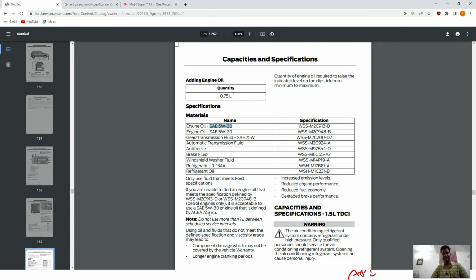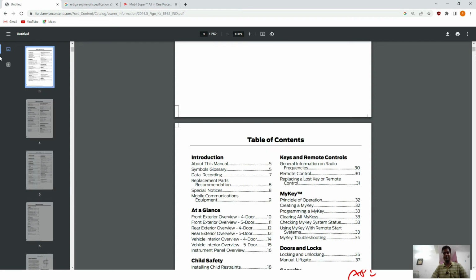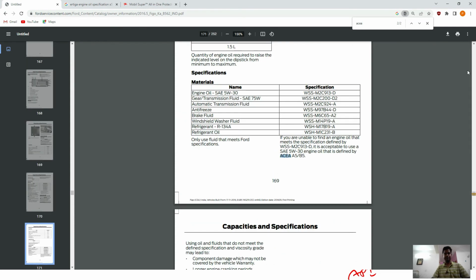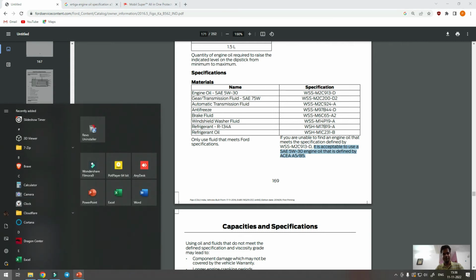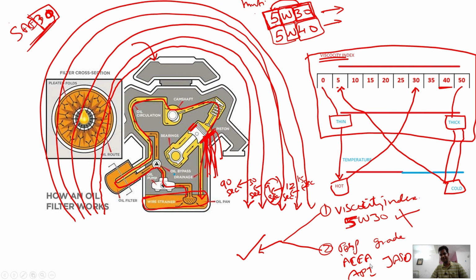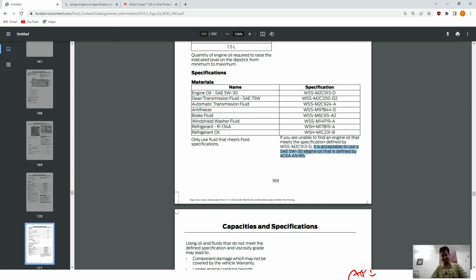And the second thing I was mentioning about, they have also mentioned that it is acceptable to use SAE 5W30 engine oil that is defined by ACEA A5/B5. So if you see here, A5/B5, ACEA falls under performance grade. So 5W30 ACEA A5/B5. If I choose an engine oil that satisfies these two,